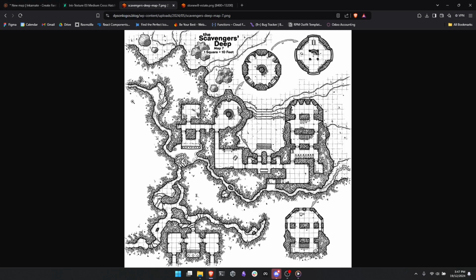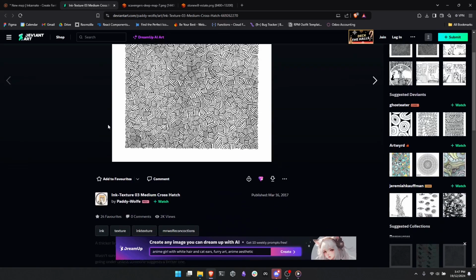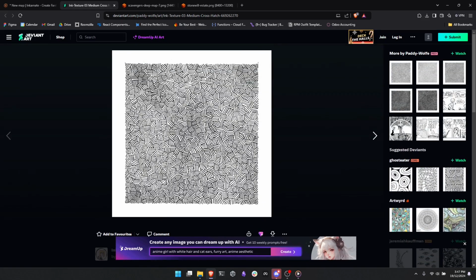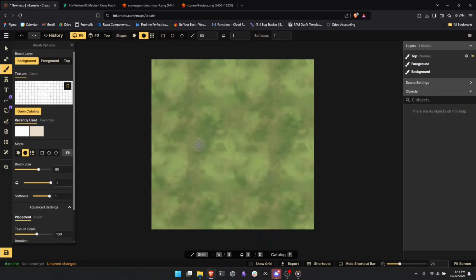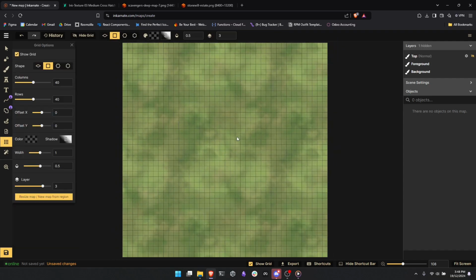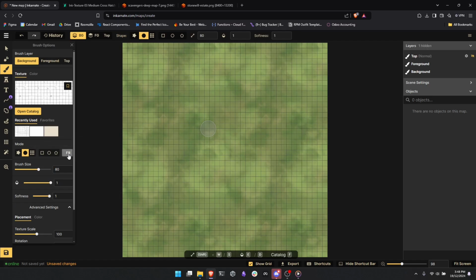And then the crosshatch is from this Paddy Wolf, who's done a whole blotch of ink crosshatch that's free to use. I took this and just edited it in a photo app to make it tiling, so it's a tiling texture, and then imported those and made it an alpha as well. So one thing we'll want to do when setting up this grid, the tiles, is we want to make sure it lines up with the grid we'll be using in the app. So I'll turn the grid on,